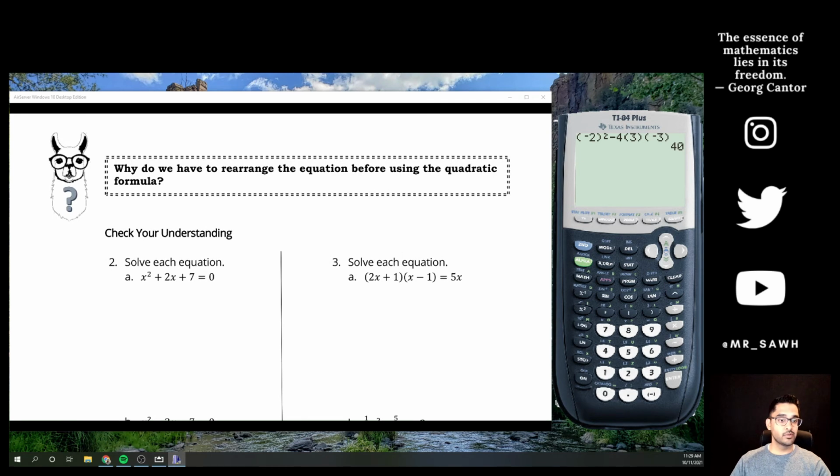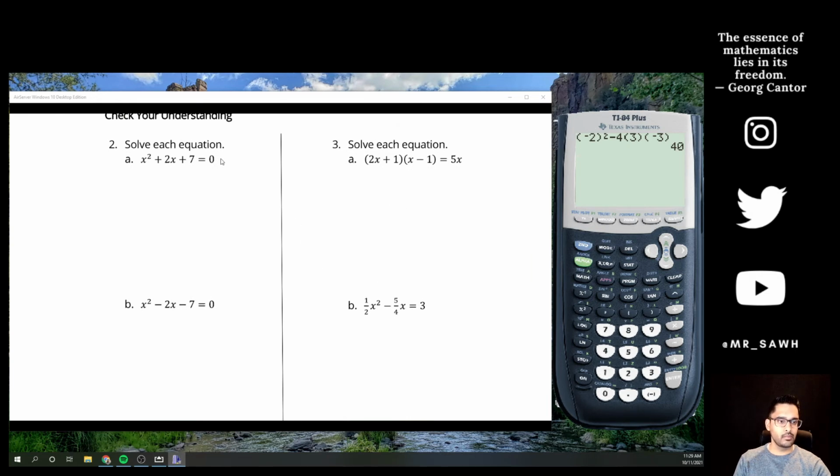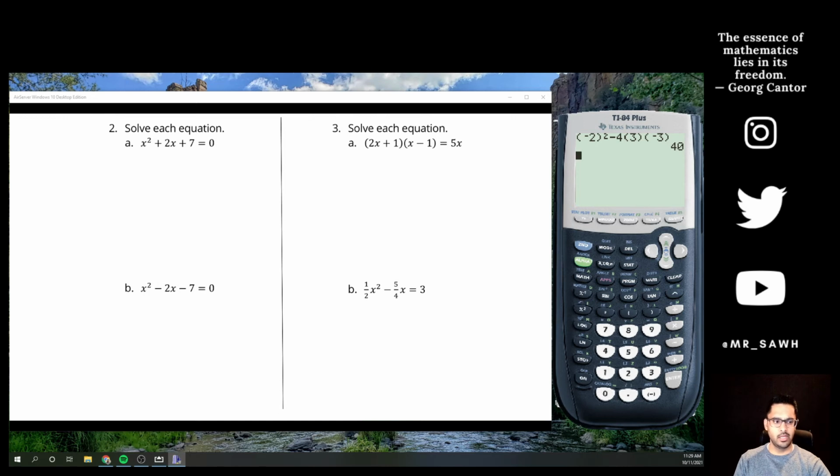Okay, we do have to rearrange them because we need general form. You need general form to do this because we need to see it as ax squared plus bx plus c equal to 0, because this is the form we use to make the equation in the first place with all the variables. So I have to have it in this form to see those numbers. So I won't do these ones in the video. I will give you the solution to them, just because if I do, this video ends up being quite long,